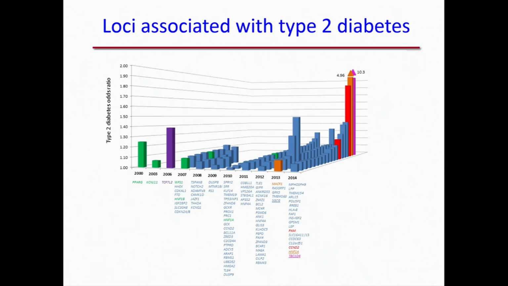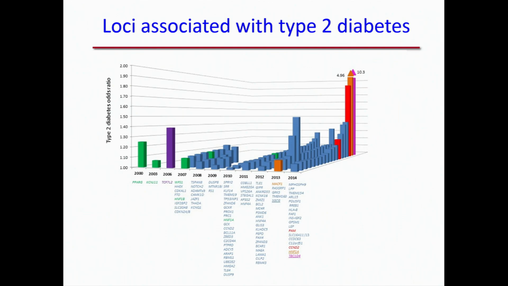One thing that is obvious just from looking at the size of the odds ratios is that they are quite modest. And therefore, what is emerging is that the use of these markers for the individual identification of risk is limited, in part because they explain a very small fraction of the heritability of the disease, but also because we are so good at predicting outcomes based on clinical factors alone. So they don't add a whole lot of information at the individual level to be able to discriminate who is going to get diabetes and who isn't.